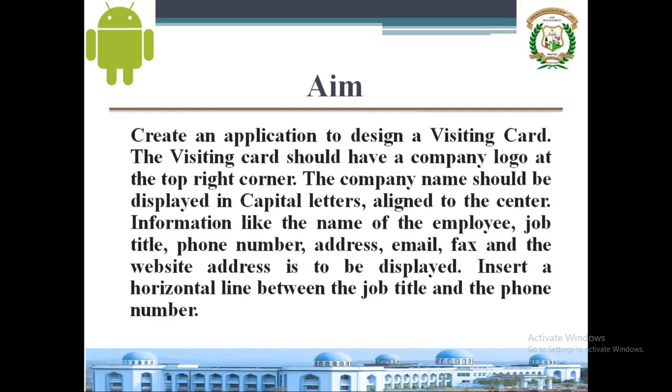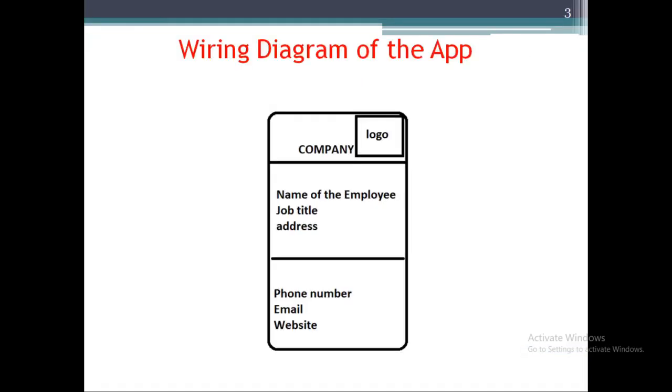Once you got the aim, it is better to have a design idea on paper or at least in your mind, what should be there or what will happen when you come out of the final design. As I told you, I had told you 6 steps, isn't it? In that, at least the initial 2 to 3 steps you should know. Anyway, one helpful thing is a wiring diagram.